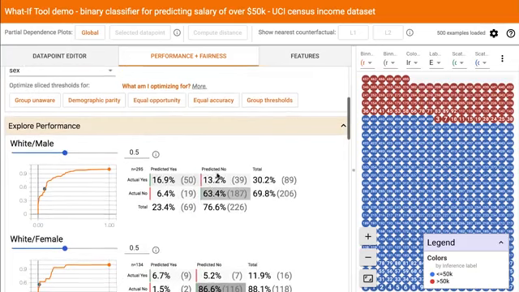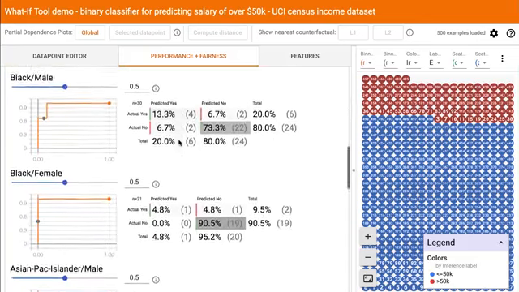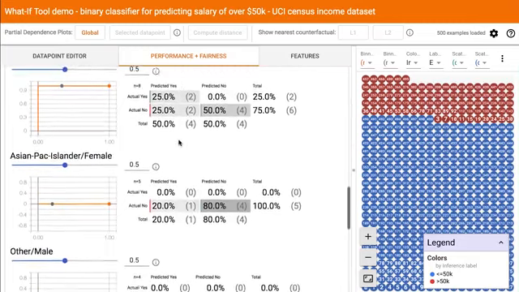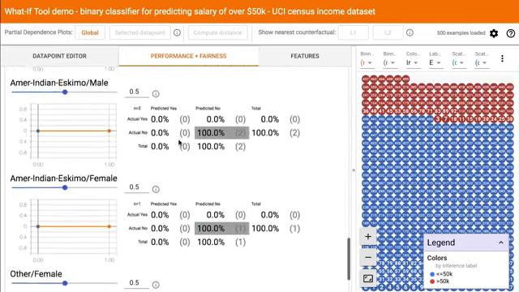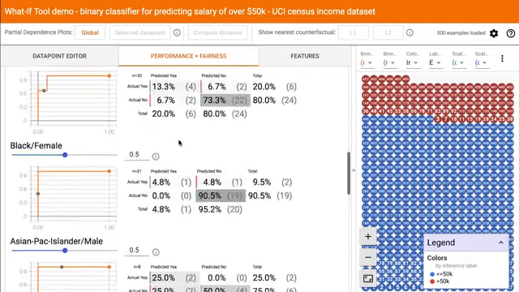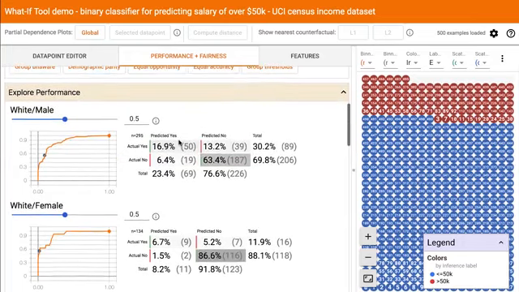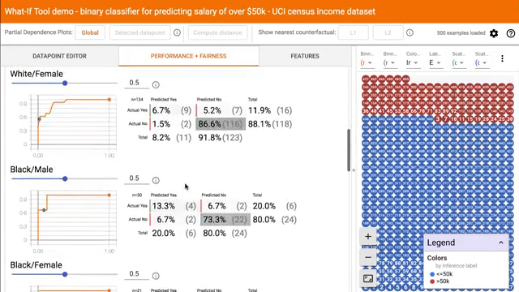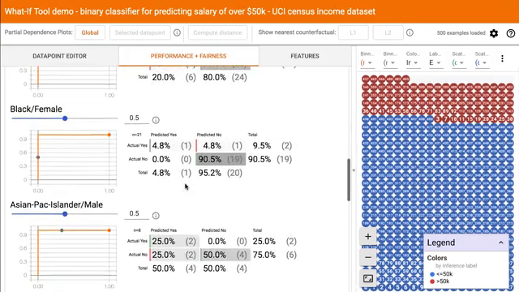How about by percentage? Well, now we do the same thing, but instead of summing the numbers in parentheses, we sum these two numbers here. It looks in this case as though the subgroup with the worst performance changes. Instead of white males, it changes to Asian Pac Islander male, which has a 25% incorrect prediction rate.